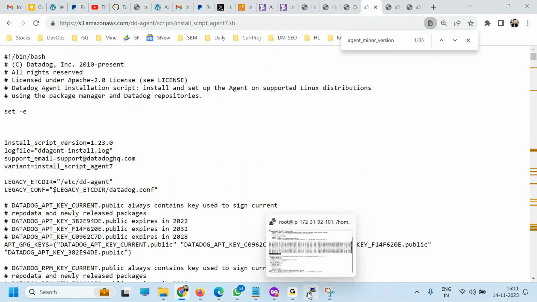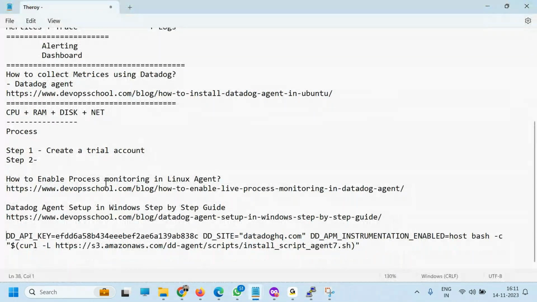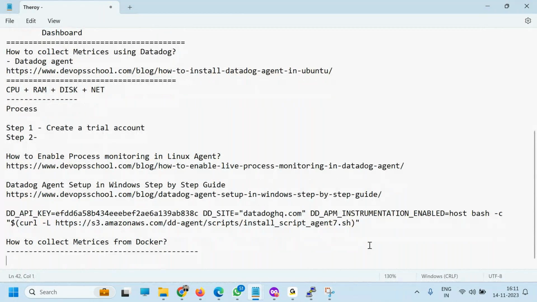Okay, so now the next thing you want to do is how to collect metrics. This is metrics from Docker. By default now many things are being covered.